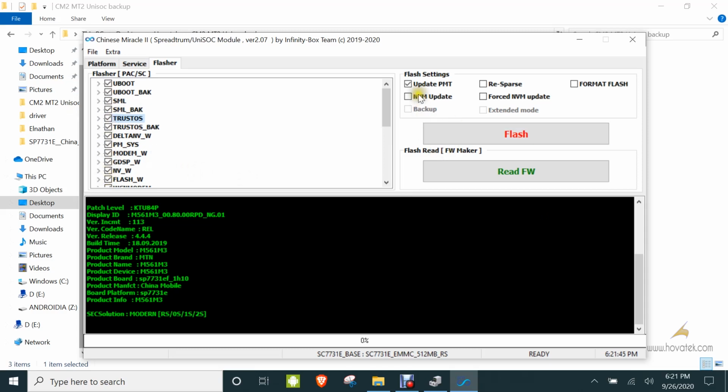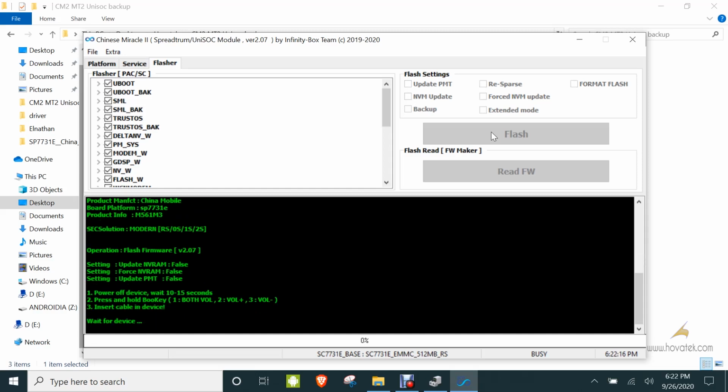Now under flash settings, you select what you intend to do, but I will just leave them blank. If you don't know what to select, just leave them all blank and then you click flash. Now you wait. What you're waiting for is to see waiting for device. Alright, once you see wait for device, you